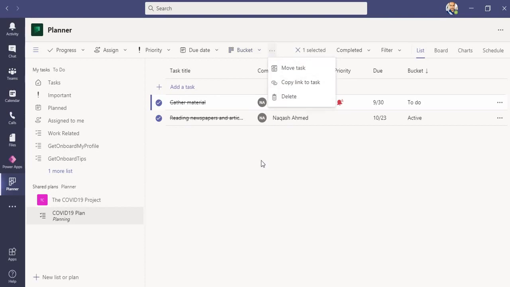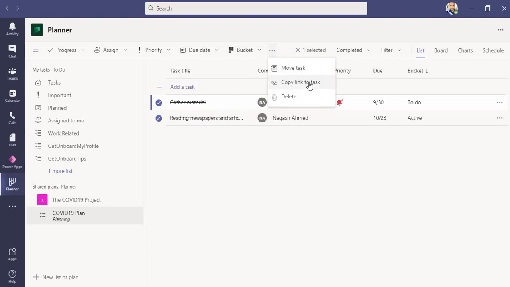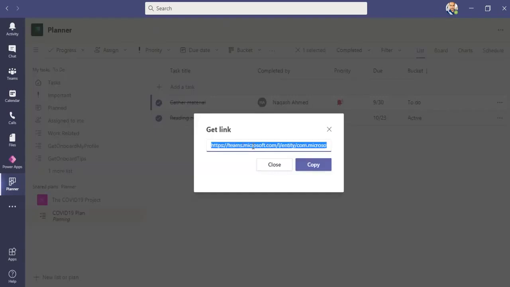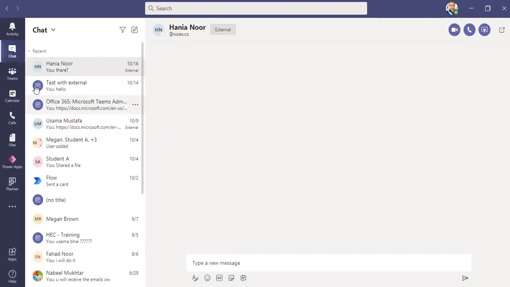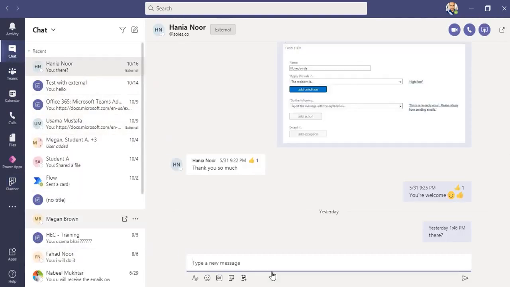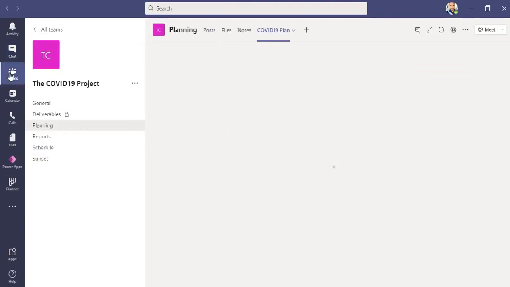What you can also do is select any task and copy the link to the task, so it will be copied, and if you want to send it to anyone, you can send it to any person, like this.